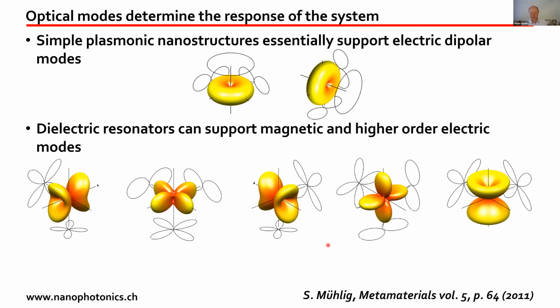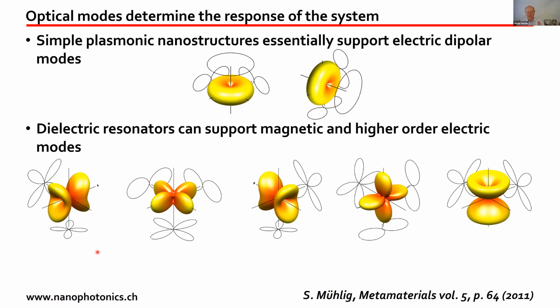And if you're interested in that field, I'd like to point out the excellent paper by Carsten Hochstuhl, and he's written many others, but this one explains that very well in the context of metasurfaces. The plasmonic materials that we've been using so far basically have electric resonances. Whereas dielectric materials, and we'll be using silicon next, have more complicated resonances. They also have magnetic resonances and also higher order electric resonances.